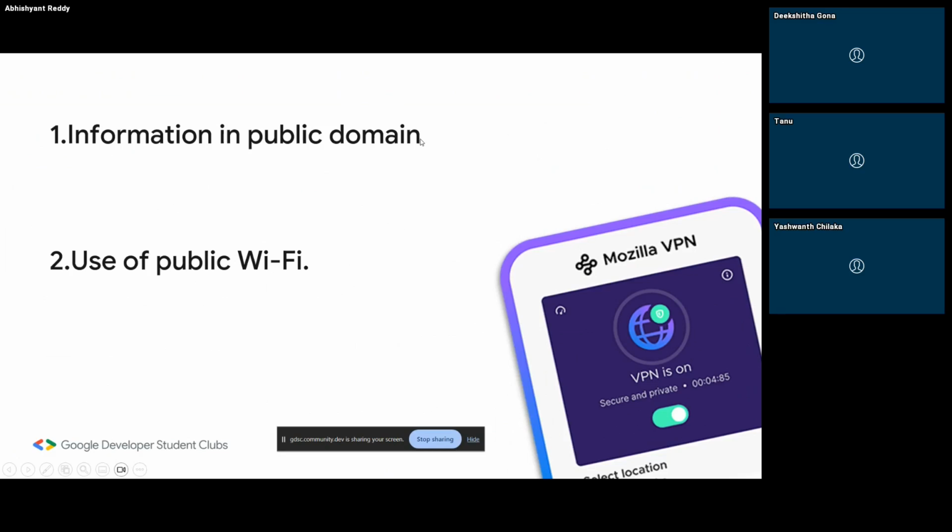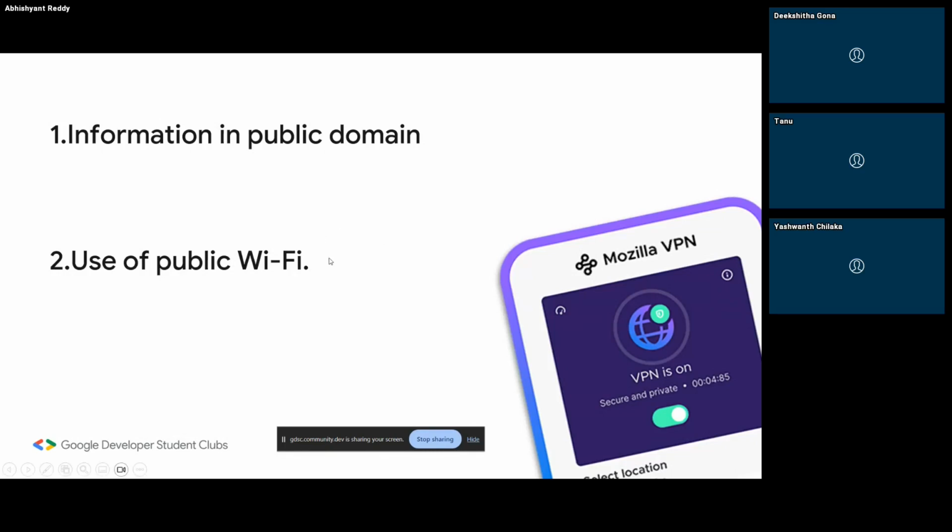Make sure that the people you follow on Instagram or Facebook, you know them all. The people who are following you, you know them, because cracking passwords is just a game of permutation and combinations. Most people use passwords like your name, pet's name, birthday. So it's all information which is available in the public domain. So make sure you keep it as private as possible, and also the circle should be as small as possible. And the second point, which people often neglect, is use of public Wi-Fi's.